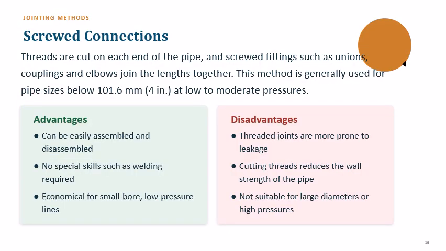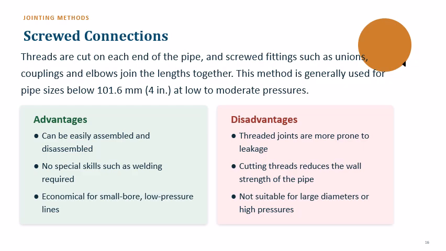The first jointing method is the screwed connection. The threads are cut on each end of the pipes, and screwed fittings such as unions, couplings, and elbows join the lengths together. This method is generally used for pipe sizes below 101.6 mm, that is 4 inches, at